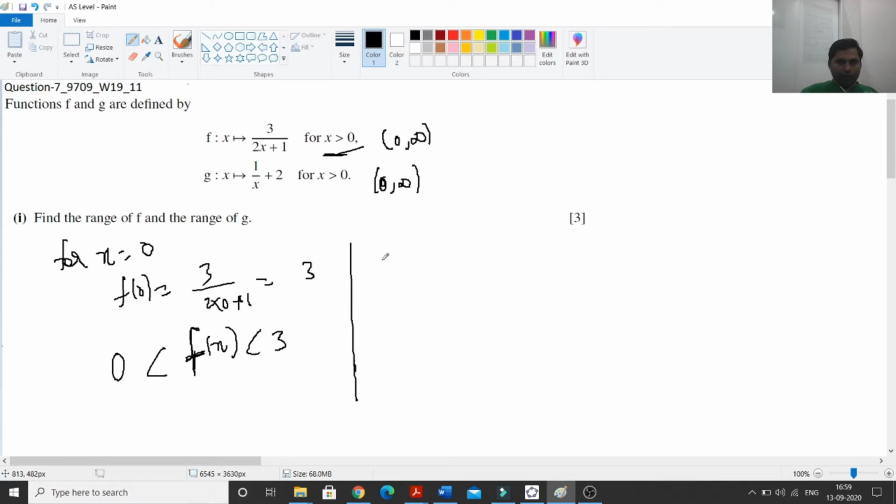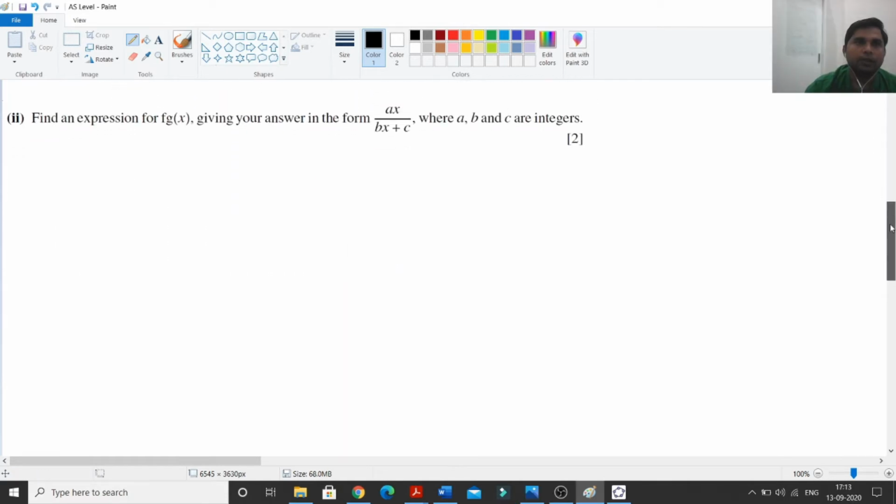And when x is tending towards 0, g(x) is tending towards infinity, so the g(x) range will be between 2 to infinity. Or you can just write g(x) is greater than 2. Now we'll be solving the second part of this question,